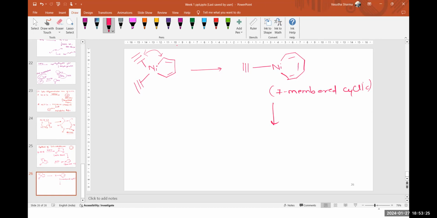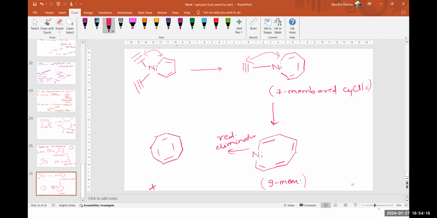cyclic species. Now again, this can interact with this one. Therefore, we will end up having a 9-membered ring. The nickel is here. One, two, three, 4. So this kind of 9-membered ring, and after reductive elimination, it will give us this,